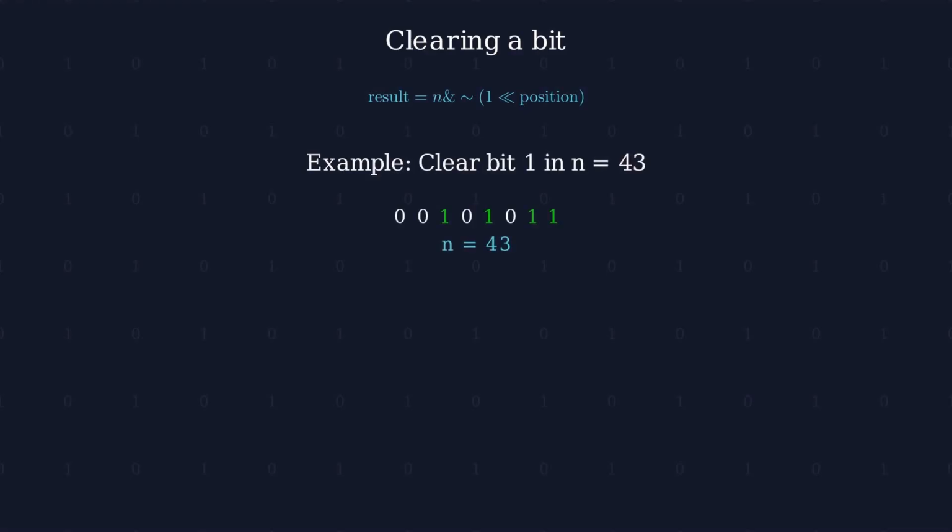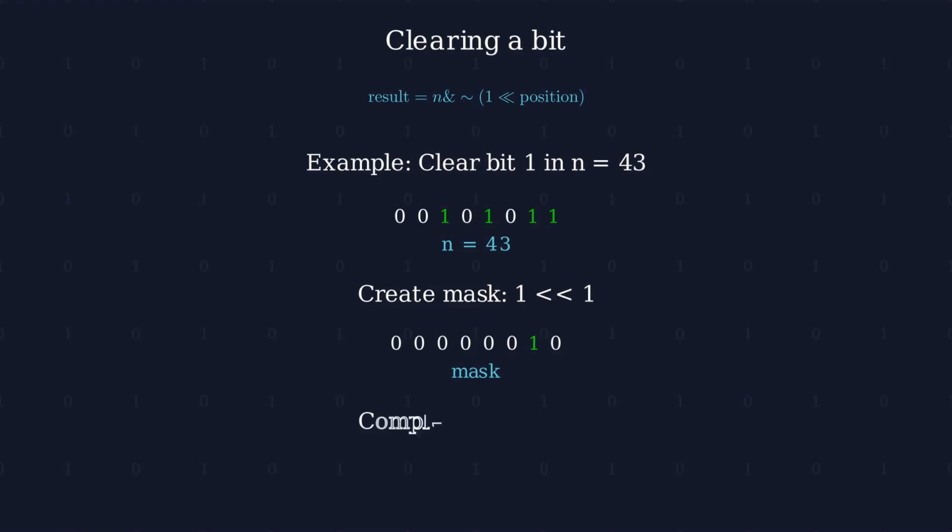Our third technique is clearing a bit. To clear a specific bit, we use the AND operator with the complement of a mask. Let's clear bit 1 in the number 43. First, we look at 43 in binary, which is 00101011. We create a mask by left shifting 1 by 1 position. This gives us